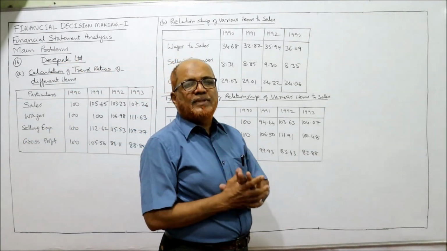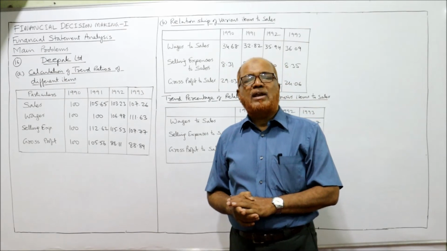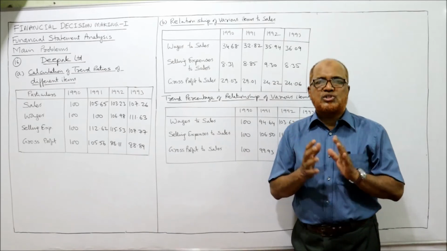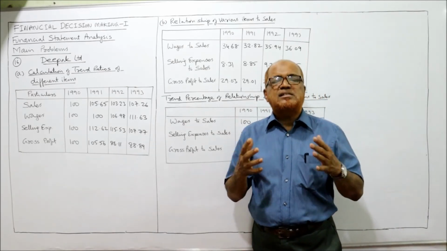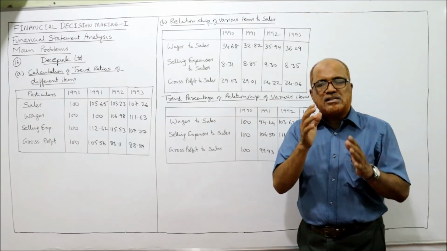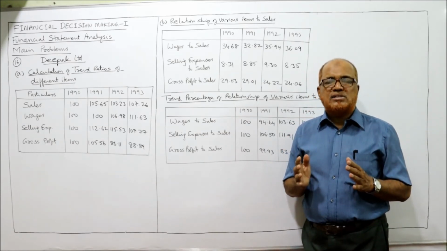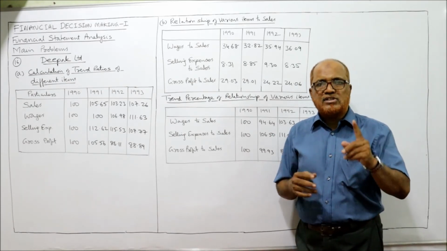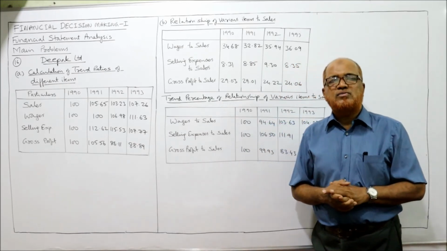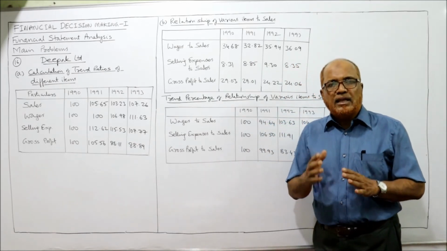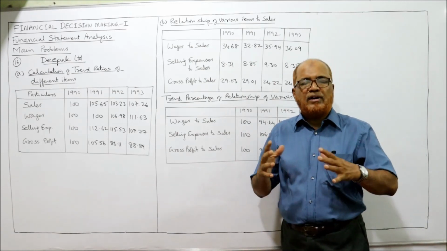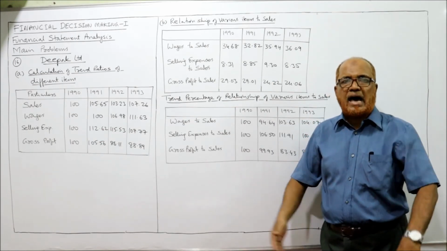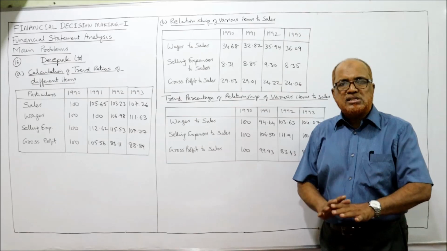So totally 16 problems I have solved on financial statement analysis. The first video I have given on introduction to financial statements and what do you mean by financial statement analysis and interpretation, and then what are the techniques available for analyzing: comparative statement, common size statement, and trend analysis. These are the things I have explained in the first video. Then 4 short problems we have done in the first problems video. Then remaining all the videos I have explained different problems on income statement and balance sheet of comparative, common size, and trend analysis. So this is the end of the topic